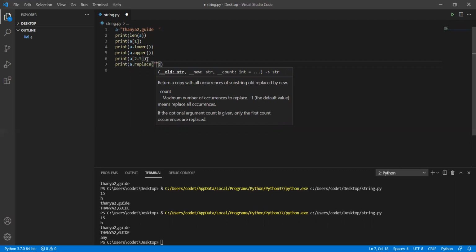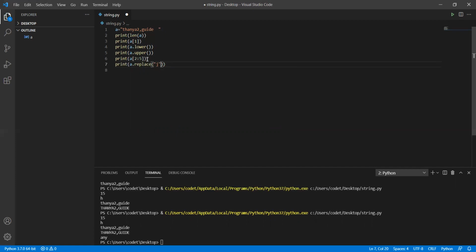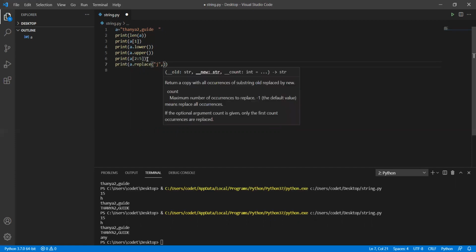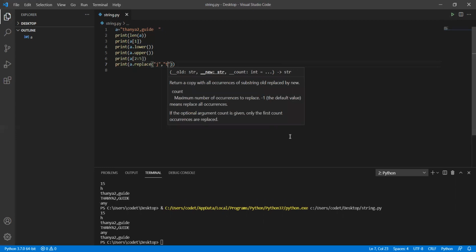So now put J. Now separate that with a comma. Now include the letter whatever you want. Actually, there is no J, but let's see how we are going to get it. I just want to make an error here. T. Okay, see here, what do we get here? So we don't get anything when it is Tanya to guide.